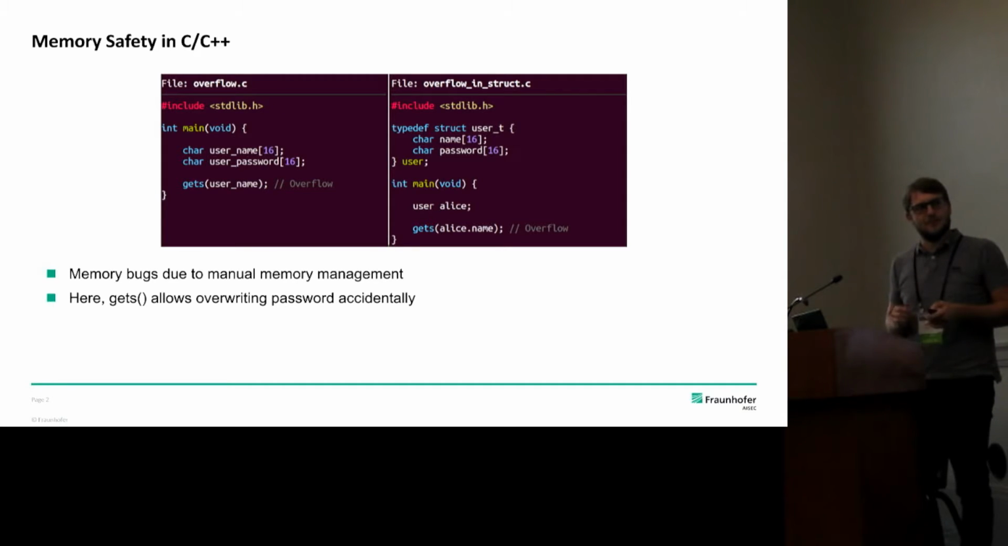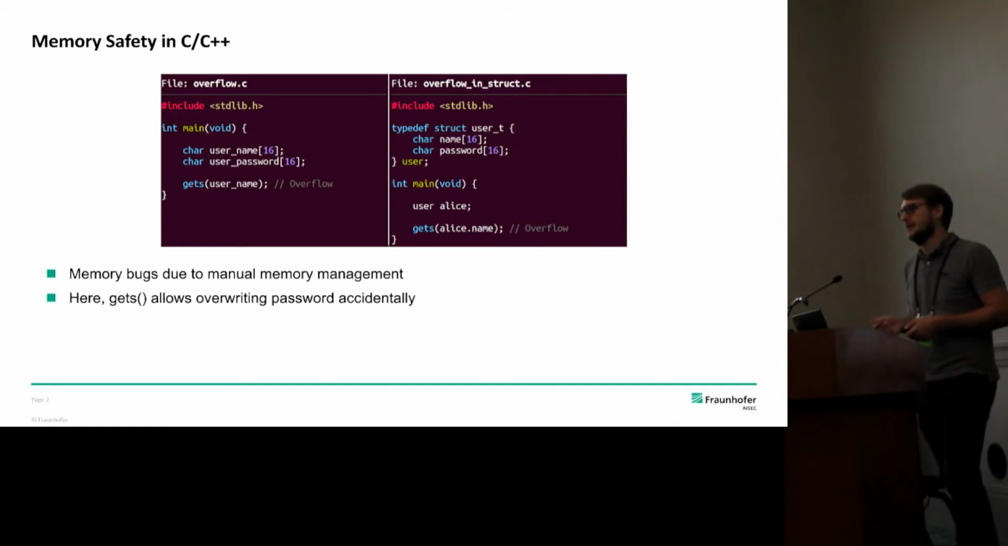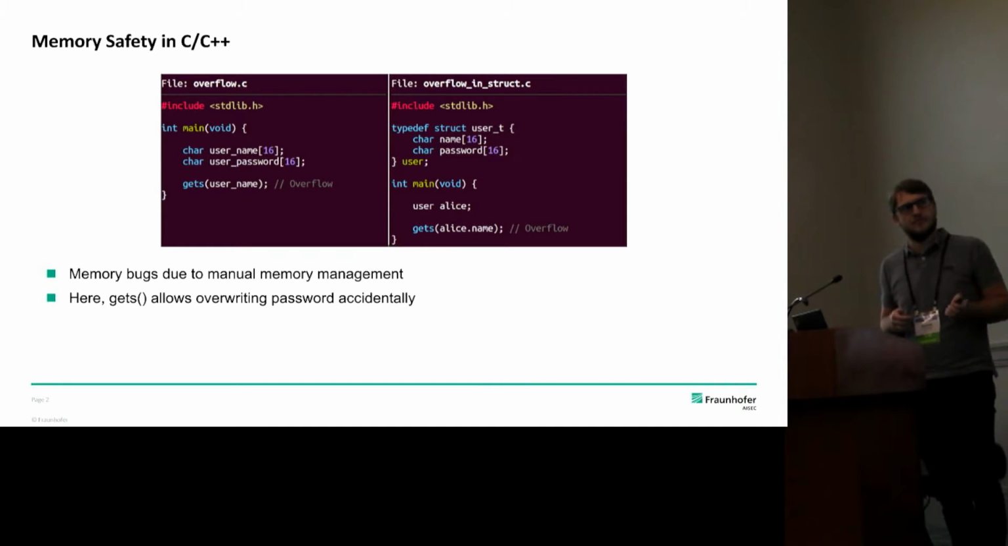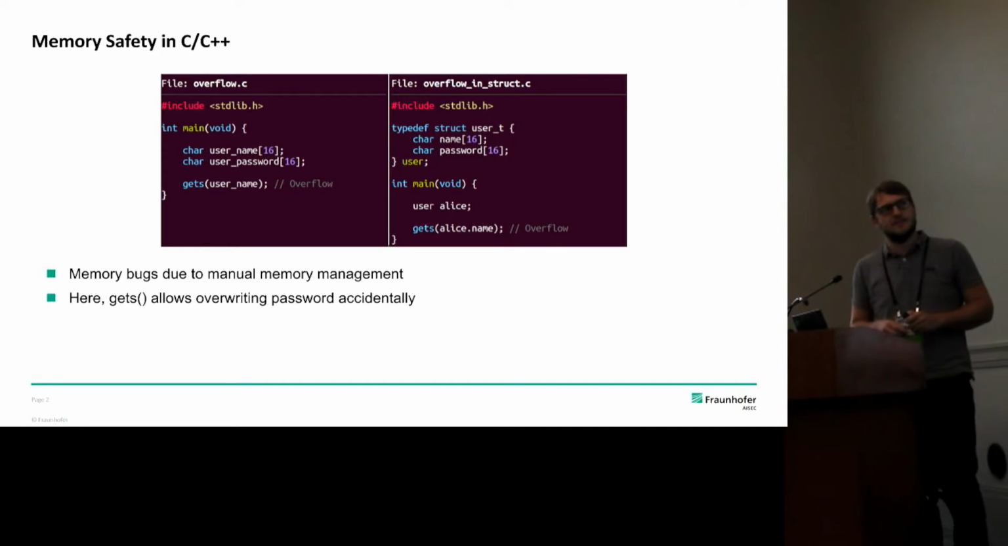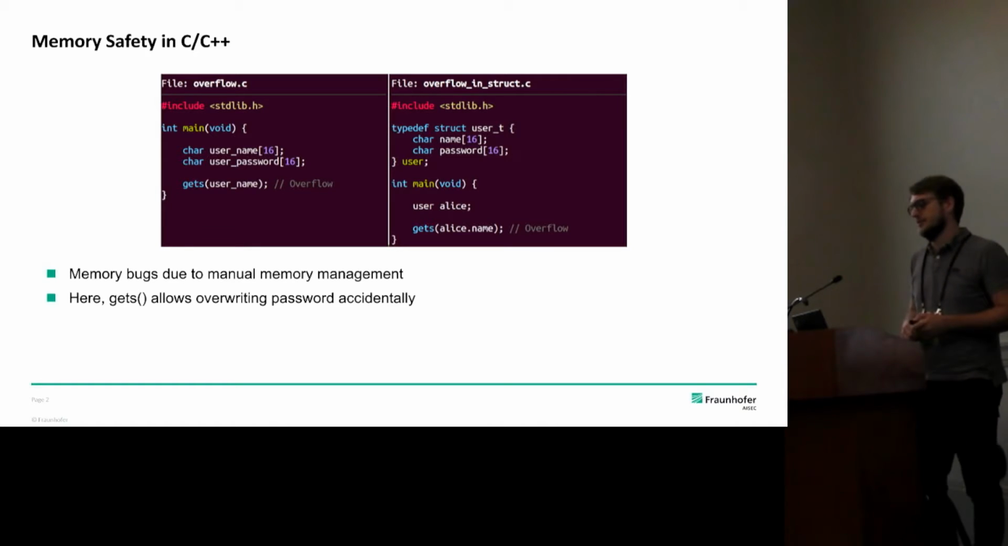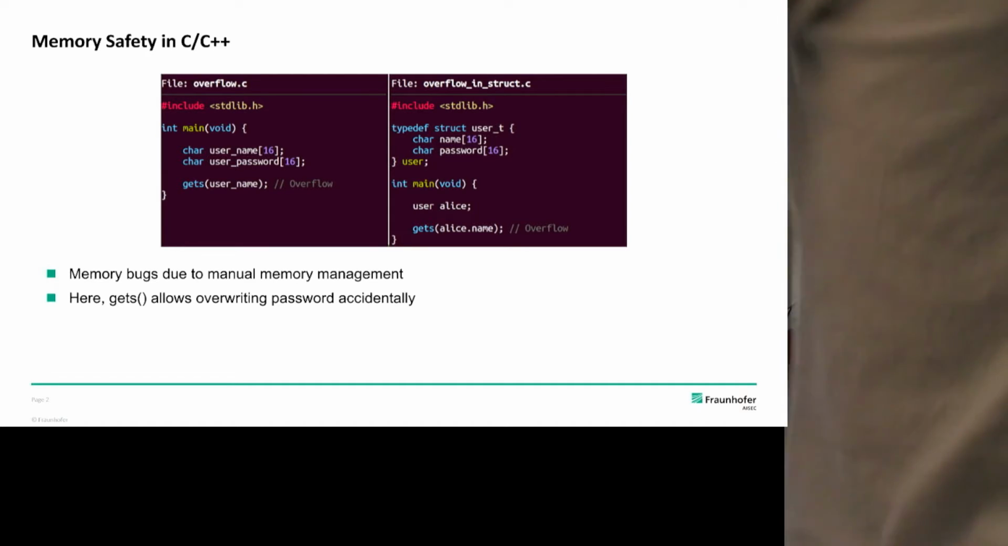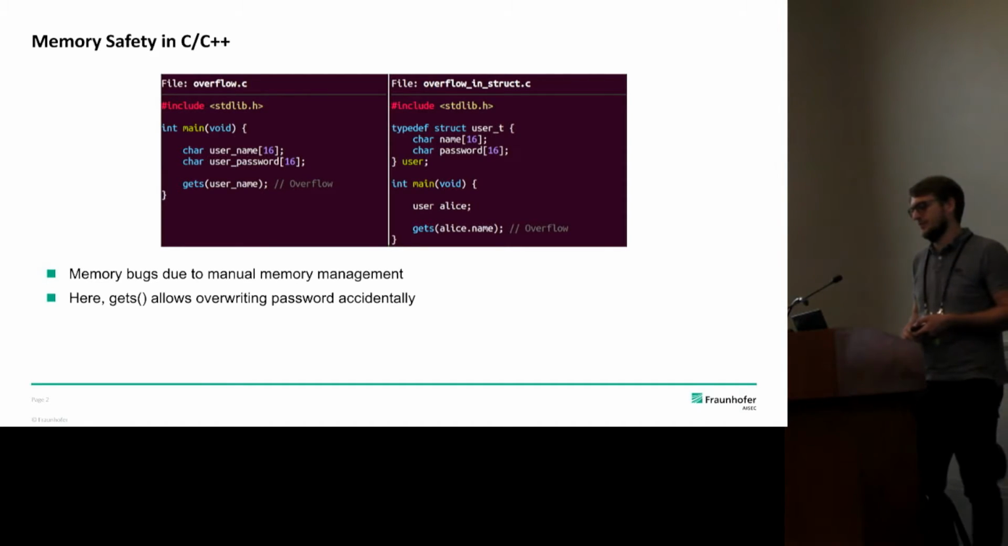The normal way of detecting them is using some sort of sanitizer testing. Sanitizer will throw an error whenever such a memory error occurs. Now to the right you can see the same kind of bug, but this time the two variables are part of a struct user T, which might not feel different from a program logic perspective, but for the sanitizer it